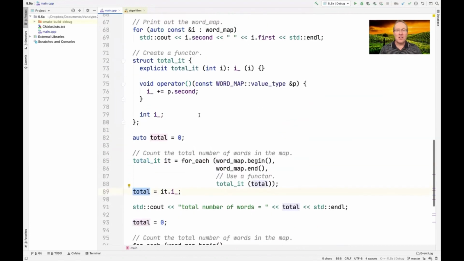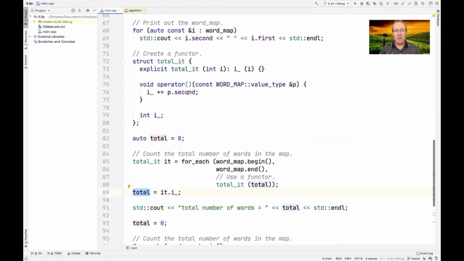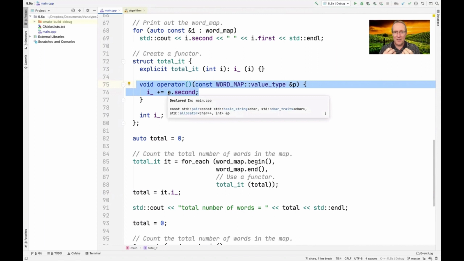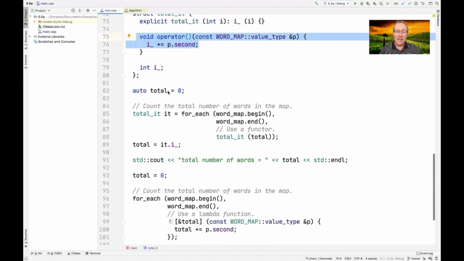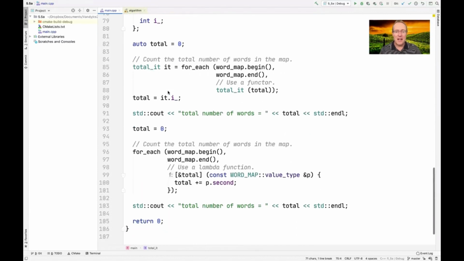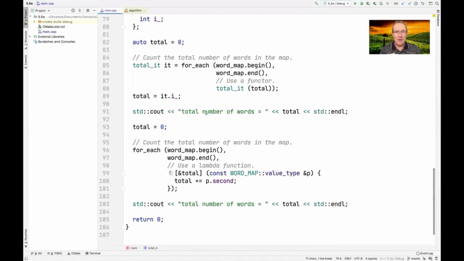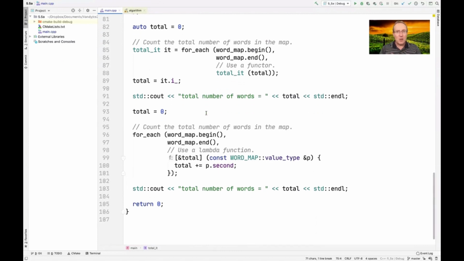So let's face it, creating this functor that really just is doing this. I mean, this is the secret sauce of that functor. Wouldn't it be nice if we could just focus on the logic of the function and leave away all the other syntactic sugar to make it be a structure, a class, and whatnot? And the answer is yes, you can do that. And this is the magic of C++ lambda functions, which are similar to Java lambda expressions, although the syntax is